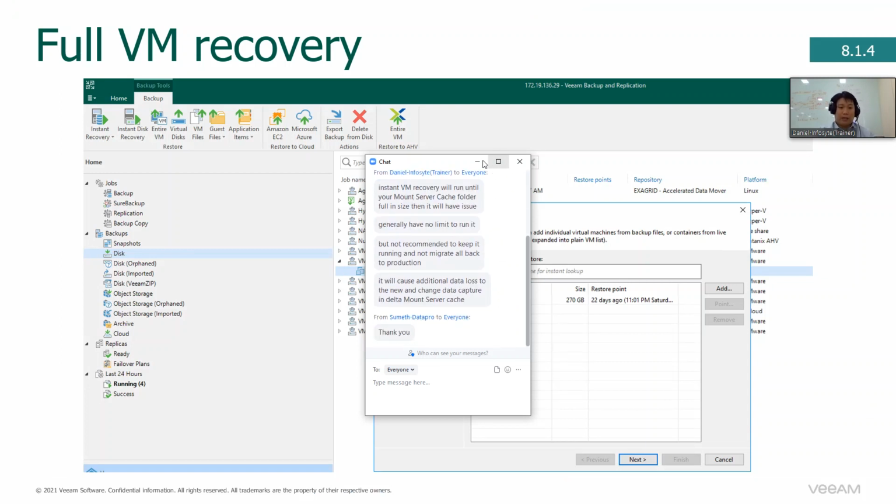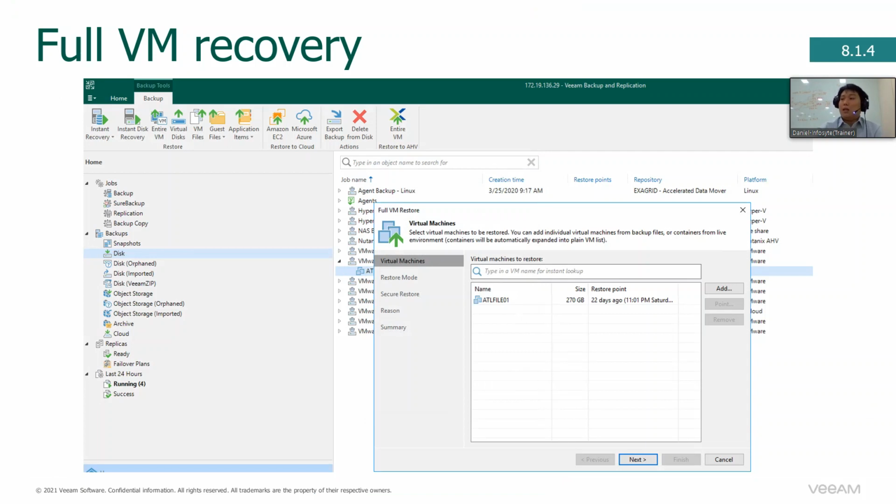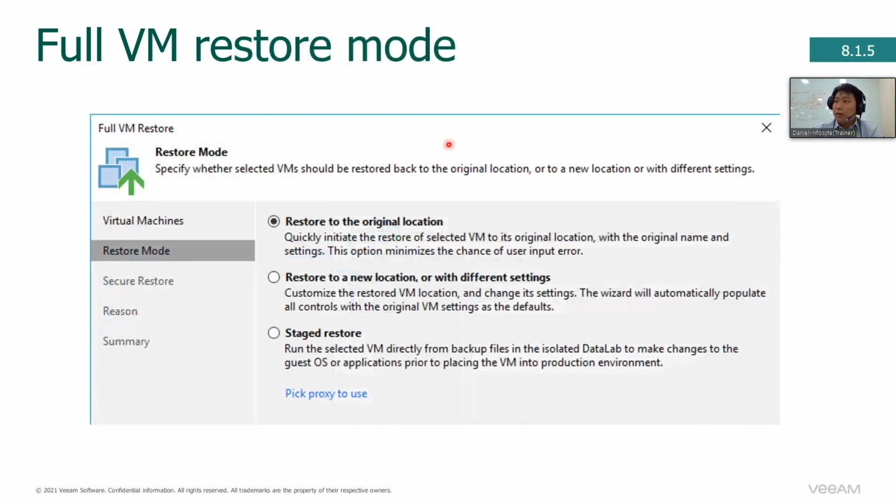So this will be the traditional mode that requires longer restore time because they will need to wait until all your data are written back to your production environment before you can actually use it. Right? So using this full VM recovery, similar case like your instant VM recovery, we can restore to original location